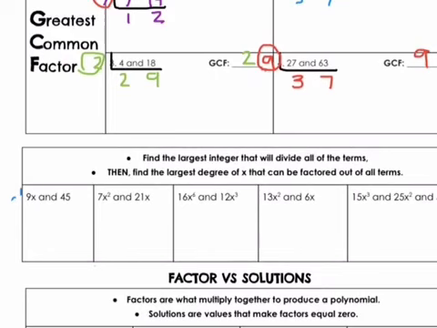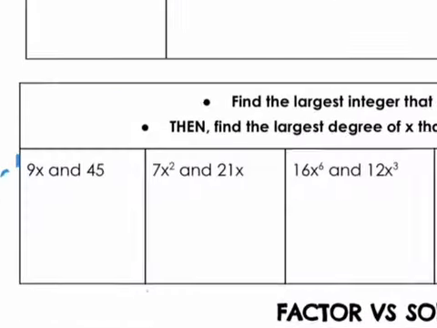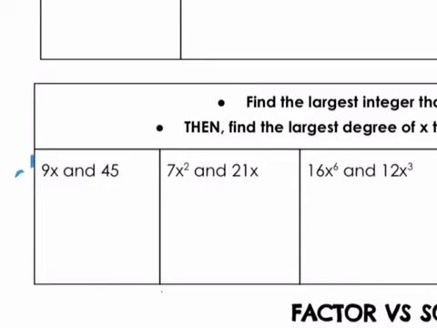We can follow the same steps, even if we have variables and we're finding the GCF. We're just going to find the largest integer or number that will divide into the terms. And then we're going to find the largest degree of x, so basically the biggest exponent that we can take out of all of them. So if we look at this one here,